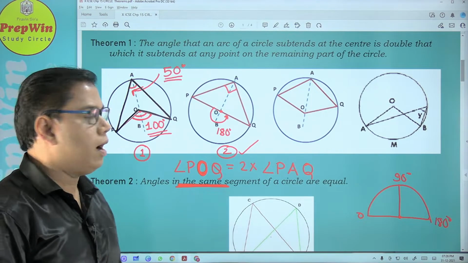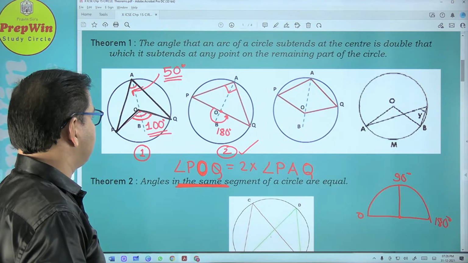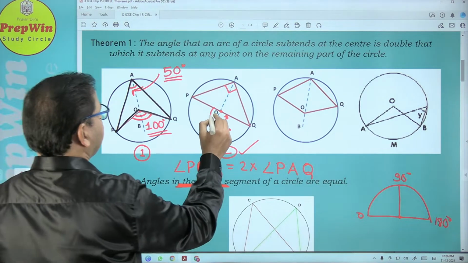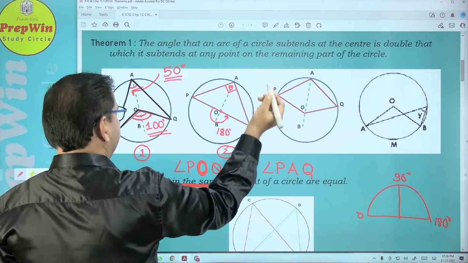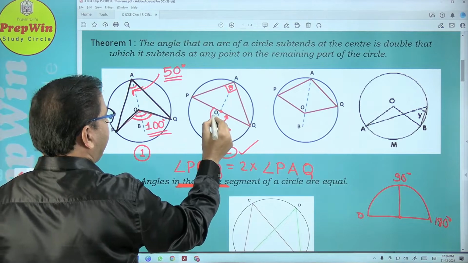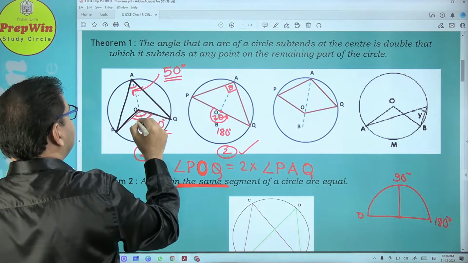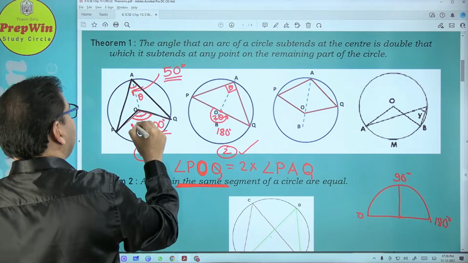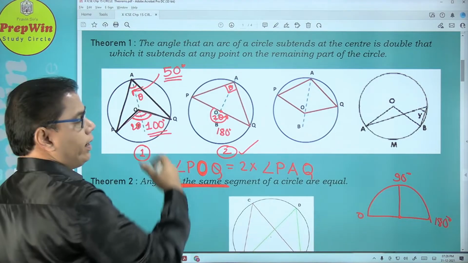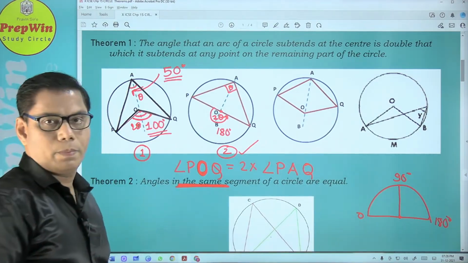So in the second case, the diameter angle is 2x and the other angle is x. Same thing. This is theta, and if you don't want theta, you can take x also. And this is 2 theta. In my explanation, I have called this angle theta and 2 theta here. If you don't want to use theta, you can use x and 2x, or y and 2y. Both are one and the same.